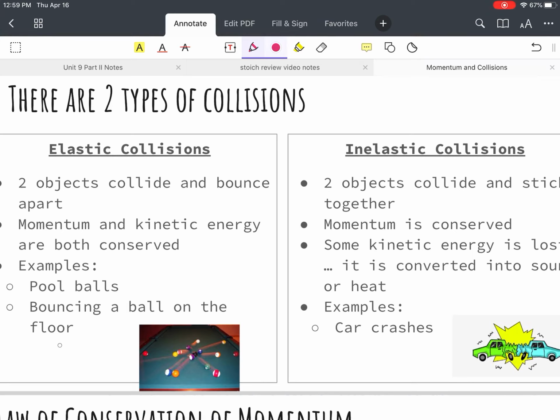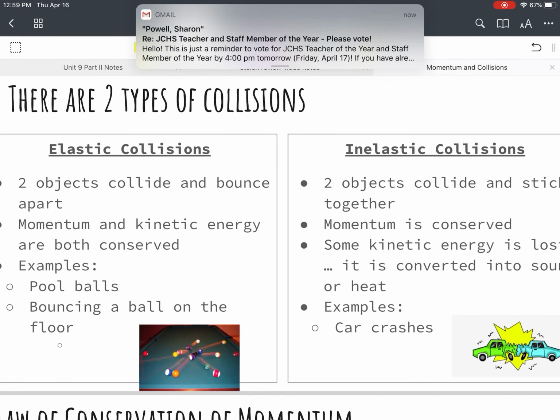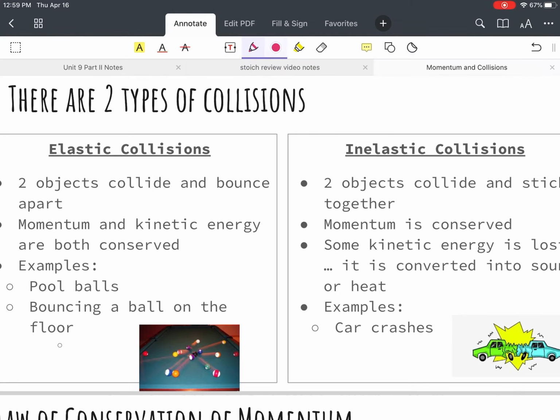So when we're talking about collisions, there are actually two types, and we need to be able to tell the difference between the two. So elastic collisions, and you're just filling this in along with your notes as we go. Elastic collisions is basically just that two objects collide and bounce apart. This is like a pool ball scenario. If you've ever played pool, or bounced a ball on the floor, like a bouncy ball, you know that it's going to bounce up,